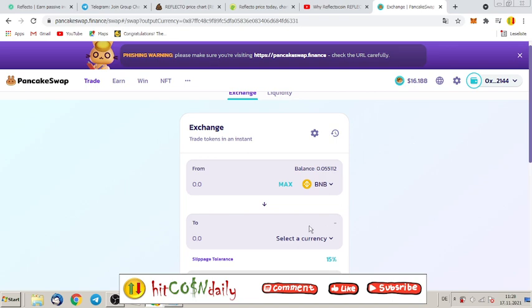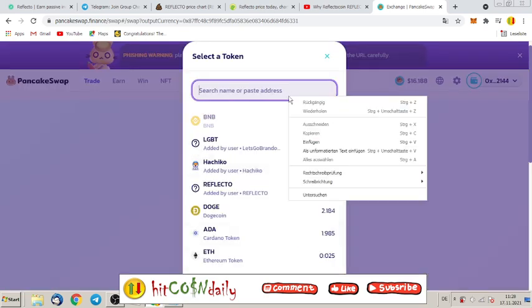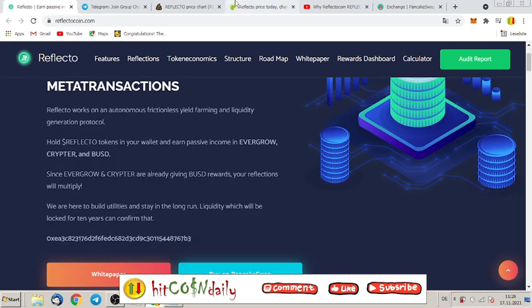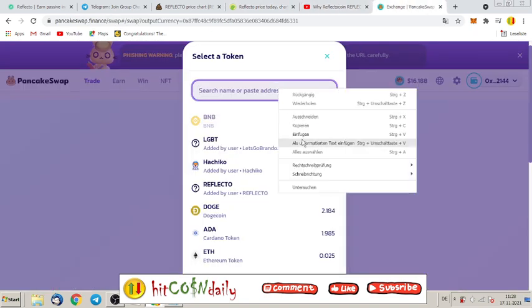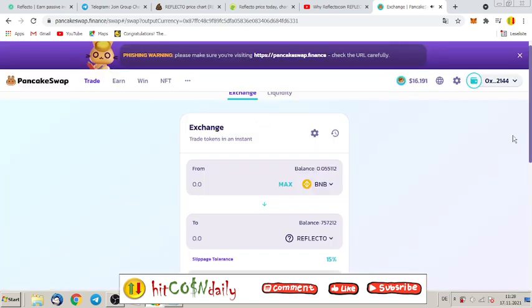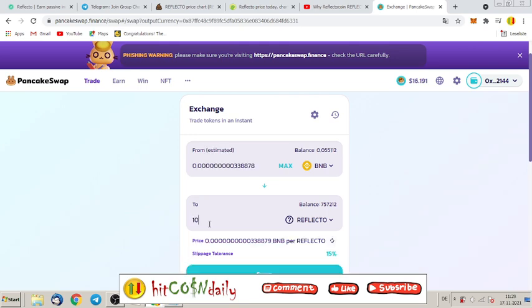So let's exchange our BNB tokens into our Reflecto coins. You just have to copy paste here the address, right? Here you have the contract address, or on their website, it's here. Just copy paste it. And boom, here's Reflecto Coin. Just click on that, and now you can swap how much you want into Reflecto Coin. It shows you up how much you have to pay here, and down how much you get, right? And let's say we want how much we have now, 1,000 million,